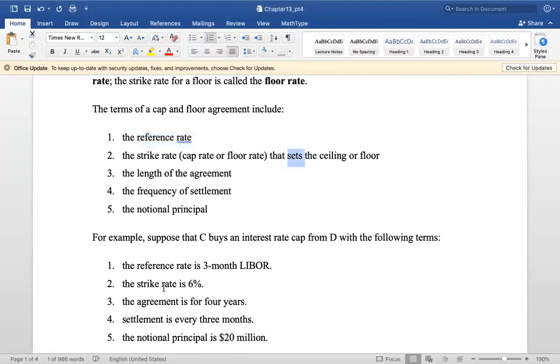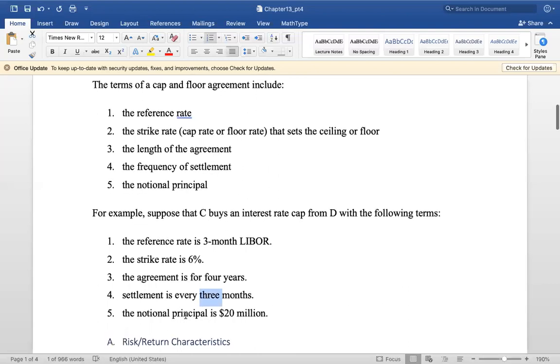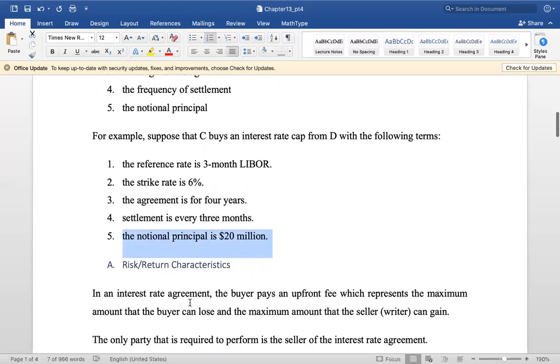So let's suppose the strike rate is 6%. The length of the agreement, let's say it's 4 years. The frequency of the settlement, let's say it is settled every 3 months. And the notional principal, the amount which will be used to decide the payment amount. Let's say the notional principal is 20 million. Okay, so if this is the agreement we are talking about, now every 3 months for the next 4 years,